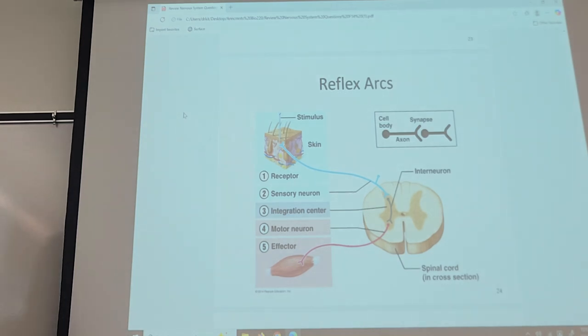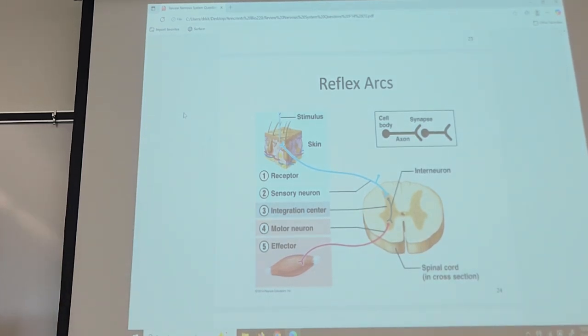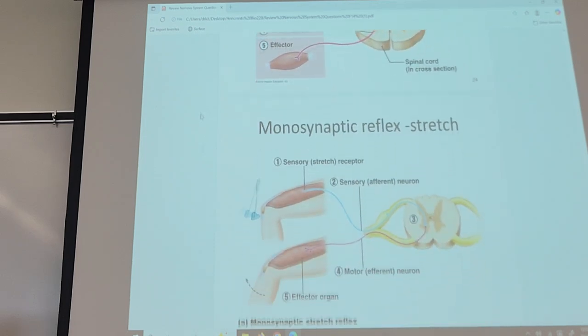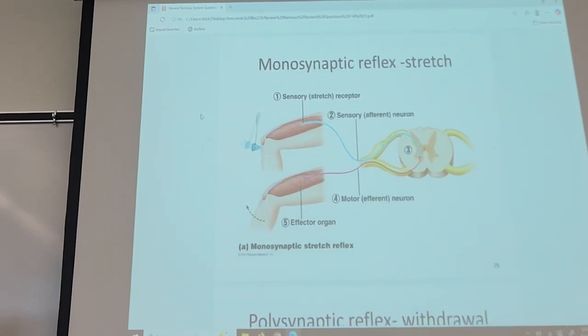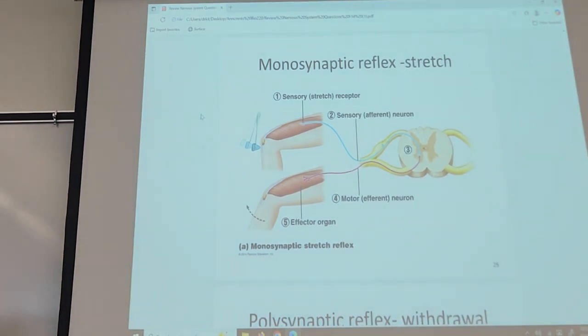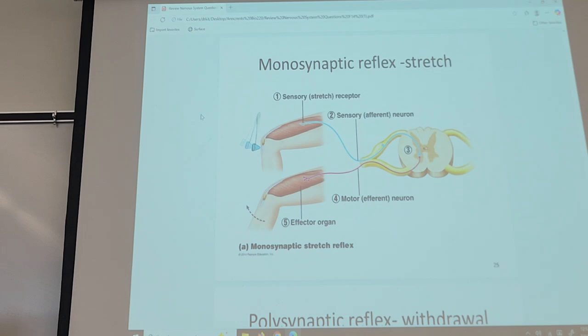Now, like I said before, reflexes can be either monosynaptic, just one synapse, or more than one synapse. So this is an example of a polysynaptic reflex, including all the steps. For a monosynaptic reflex, the best example is a stretch reflex. So if I wanted to check, for example, your L2 spinal level, I would tap on your patellar tendon,